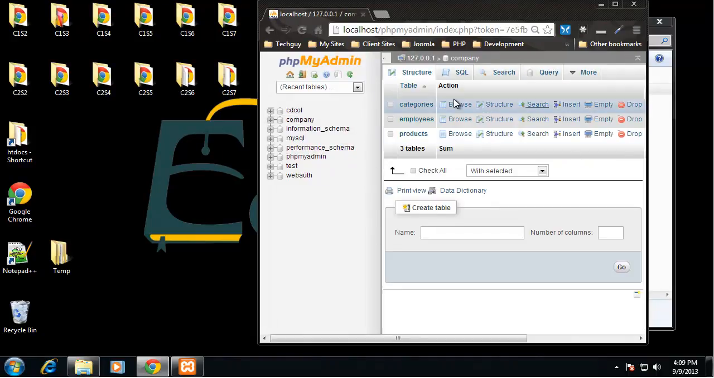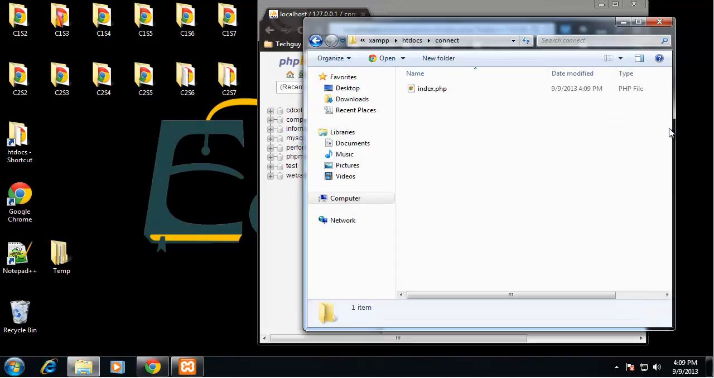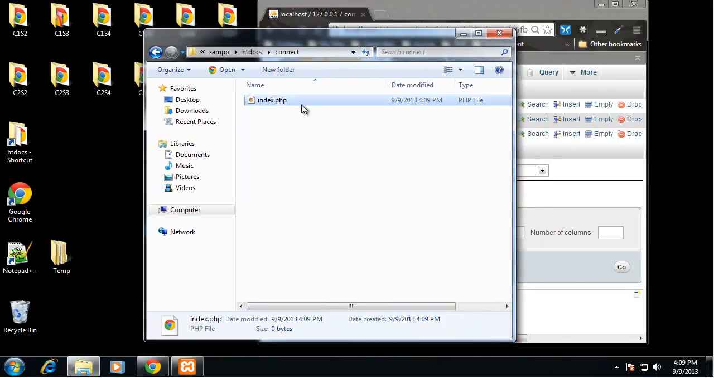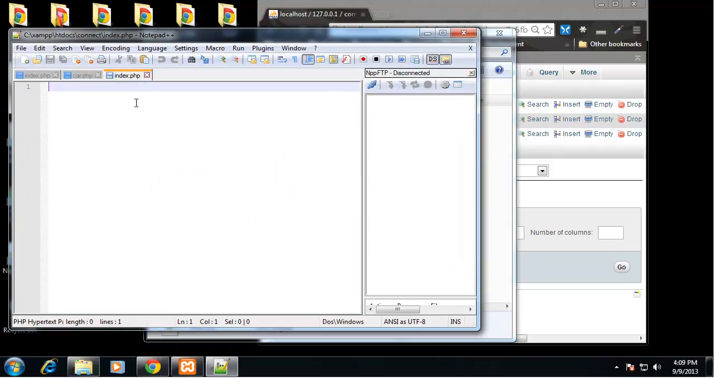So company, alright, so we have our three tables here. Let's open this up. Alright, so let me close up these files and throw in our PHP tags. So the first thing we want to do is create a connection. And we saw the syntax for this in the PowerPoint file. So we're going to create a variable called connect, and that's going to be equal to the MySQL